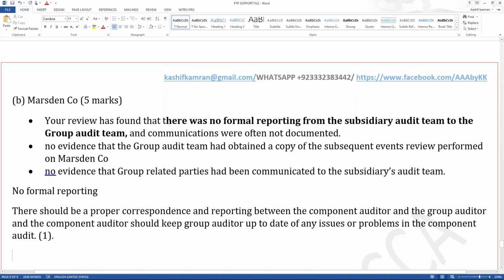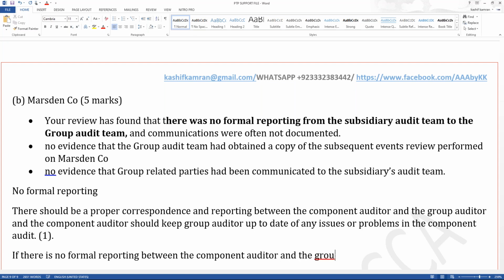So you have different ways of writing an answer. Sometimes you start with the action first and the issue after. So the question was saying your review has found there was no formal reporting. So you started with the action first and now you come to the issue. If there is no formal reporting between the component auditor and the group auditor,